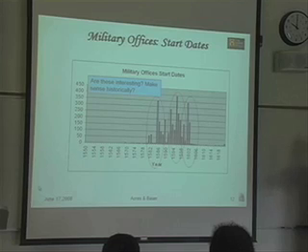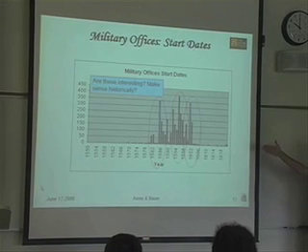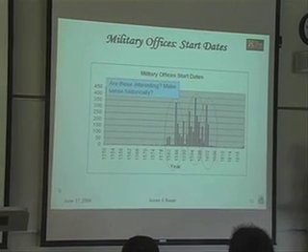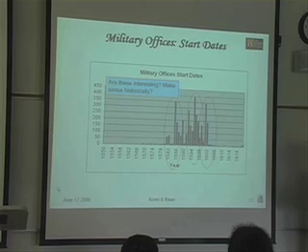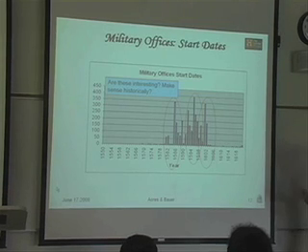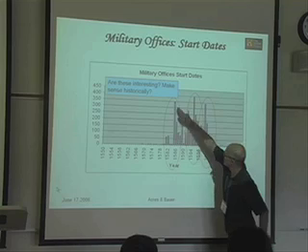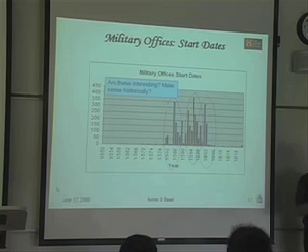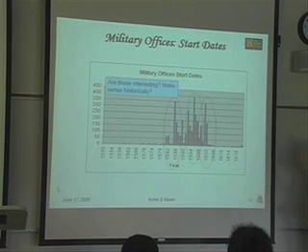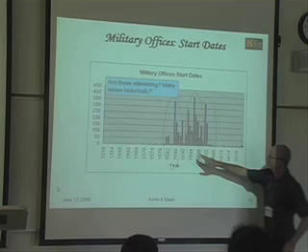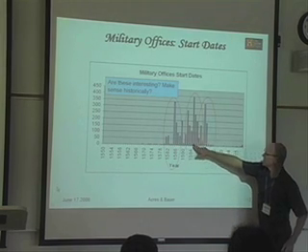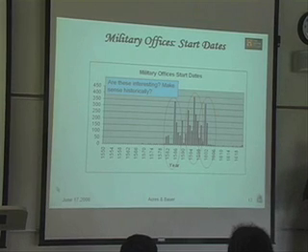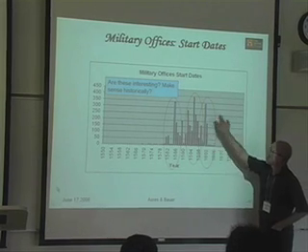In other words, I have a whole bunch of data missing that I now know my team has to come back and look for and enter. Whether it was an oversight or we haven't done it yet, the shape isn't quite where I would want it to be. But the military office start dates, yeah, this is right. This is where you would expect to see all of these things happening with the creation of those big armies. If you break it down, you can begin to see a kind of solid line across the bottom there, and that would be the very basic military establishment. And then you would be looking at adding things on.